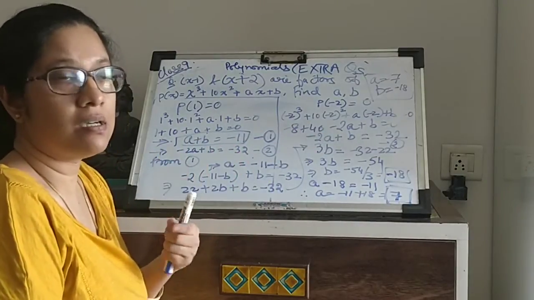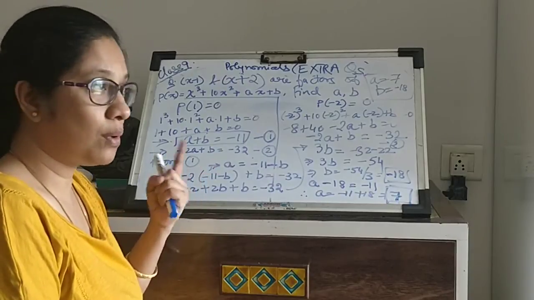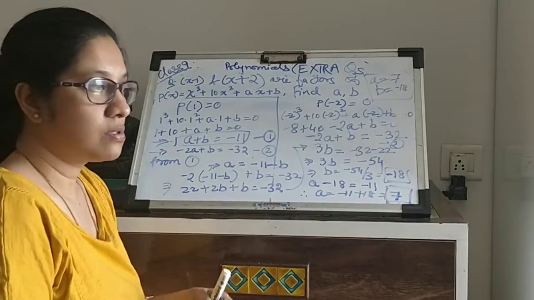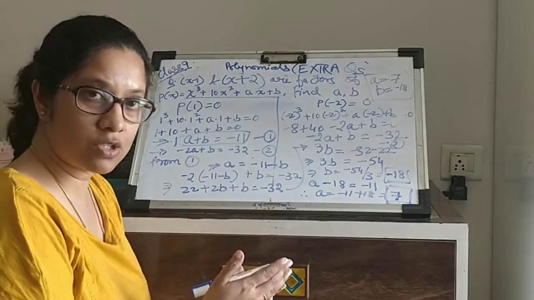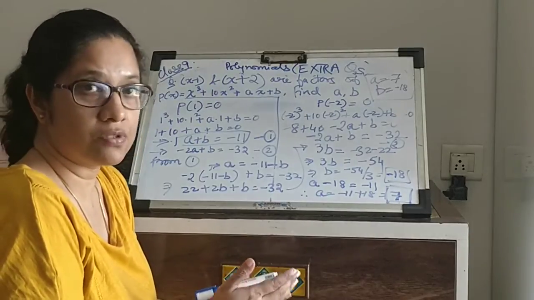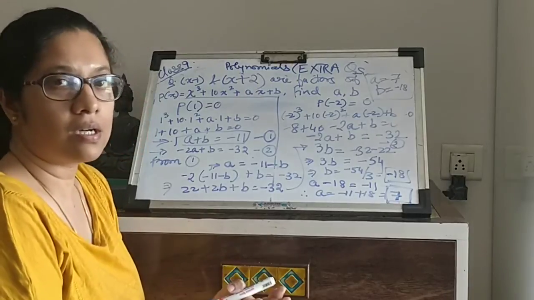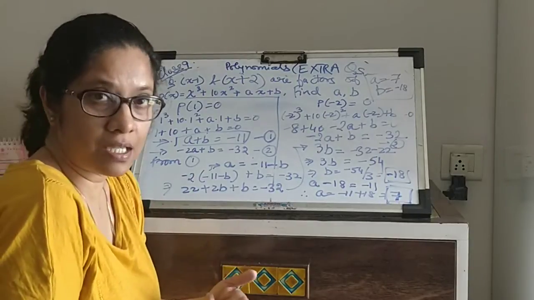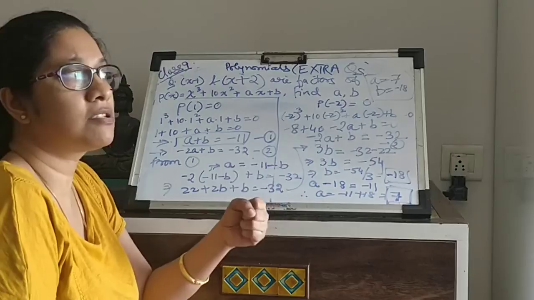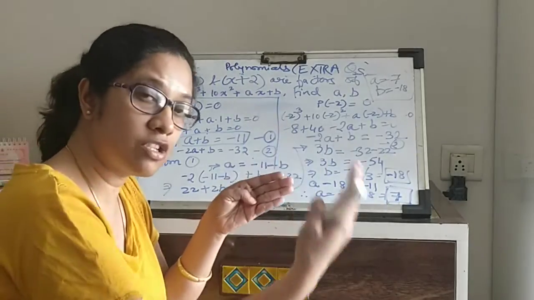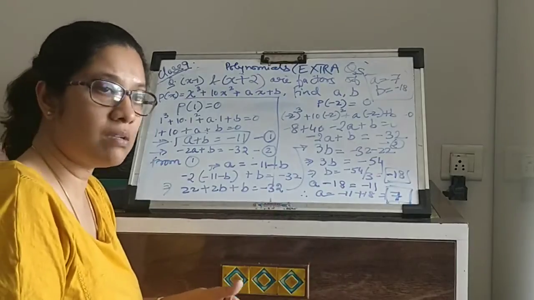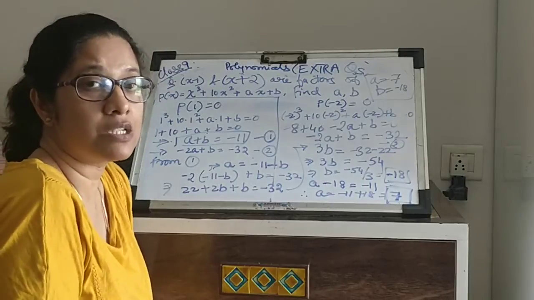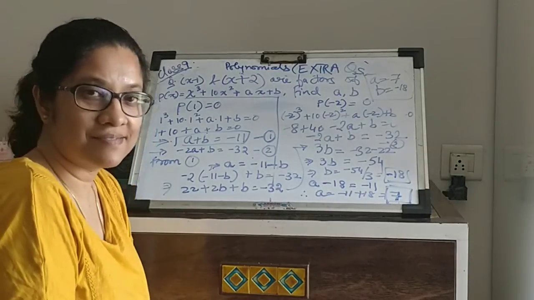Major thing that you need to remember is the application of the factor theorem, which states that if x minus a is a factor of a polynomial, then p(a) will be 0. So you form an equation. From that equation, you figure out whether it is an equation of two variables or one variable, and accordingly you solve it. If you have two equations with two variables, just use one of the equations to get the value of a variable in terms of the other variable, substitute in the second one, and you get an equation in a single variable. Simple, solve it. It's a normal algebraic equation. Okay? Thank you.